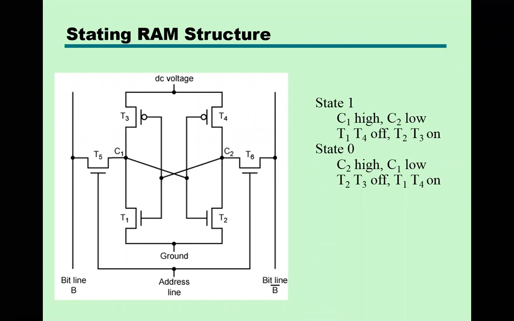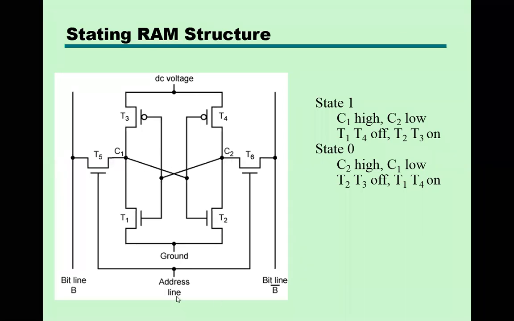Okay, thank you, Jayesh. So here you can understand the difference between static RAM and dynamic RAM. In dynamic RAM, there is only one capacitor and one transistor. But in static RAM, you can understand why the size is bigger from how many components are here. There are multiple transistors and capacitors: 1, 2, 3, 4, 5, 6 transistors and two capacitors, C1 and C2.